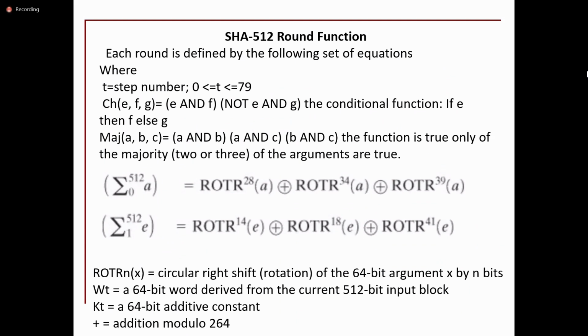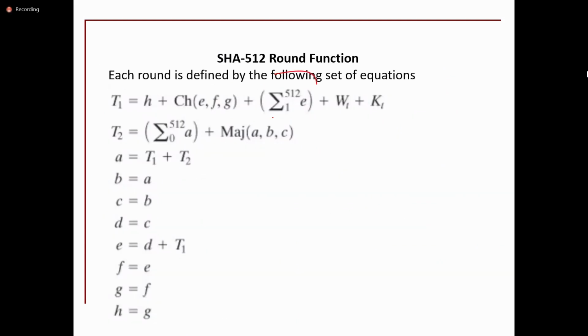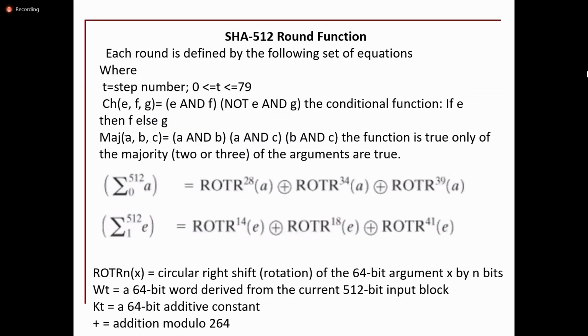Okay. So here it is going to have the summation of all 512 bits, right? Summation of A and summation of E are there in two functions like T1 and T2. Each round is different. So CH of E, F, G, just now I explained, right? What is CH of E, F, G? So E and F, and NOT E and G will be applied. So if the entire function gives E, then it is going to produce E, otherwise it is going to produce G. And also it is going to apply AND operation over ABC.